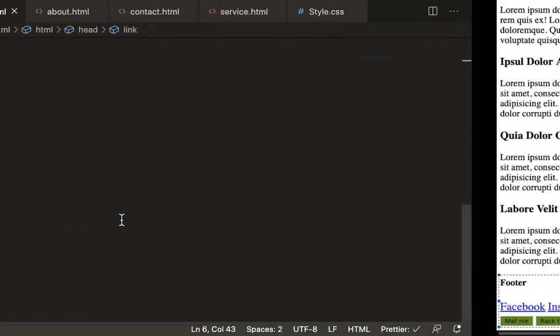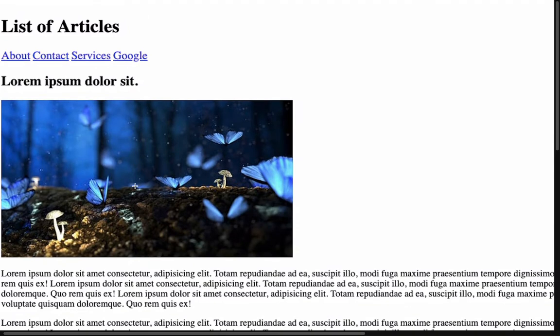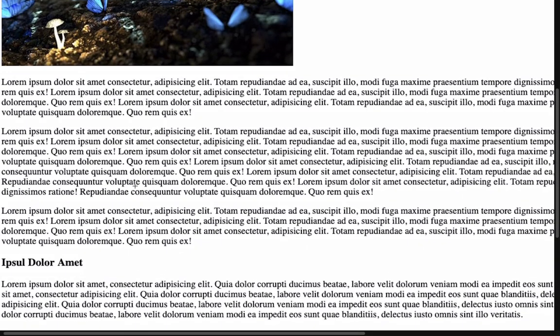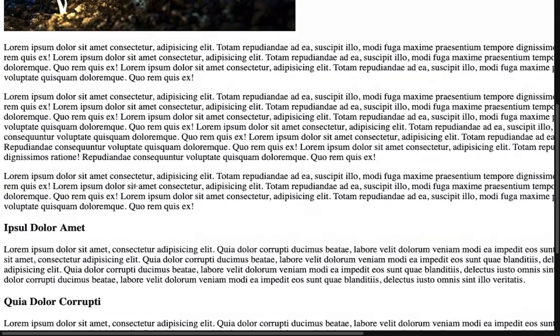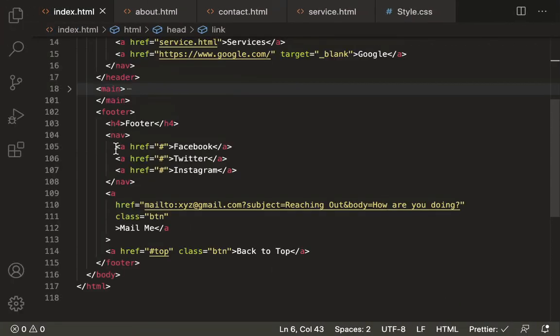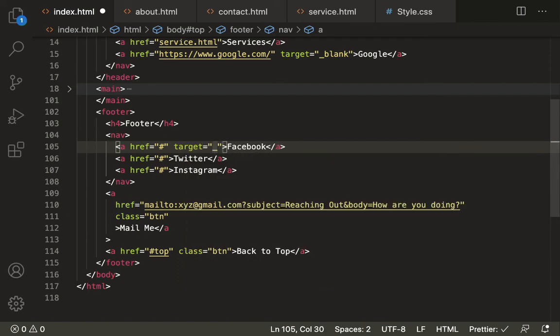We just have to work on spaces here. Again, we will be discussing the box model, then we will be talking about how to provide spaces using margin and padding. For now, everything is fine. Here we have nav, and inside the nav we have different links. These are actually absolute paths, so for the absolute path we have to use target blank so that it opens in a new window.